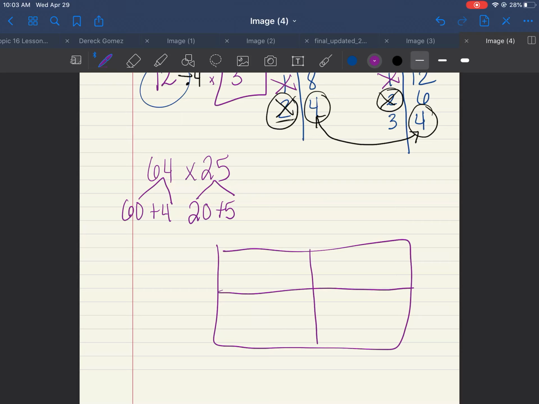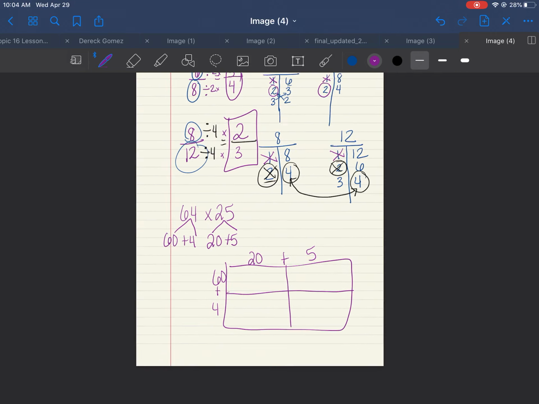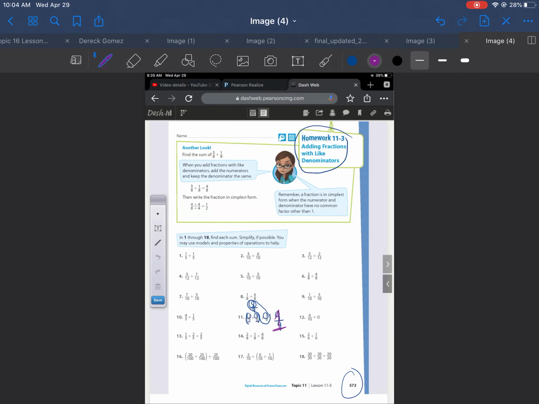And 25, 20 plus 5. So I could have done my window. So do not be lazy and make sure you're practicing whatever way you know. 60 plus 4, 20 plus 5. So make sure you're trying your best, do your work. If you have any questions on the work, please let